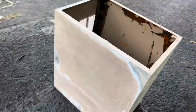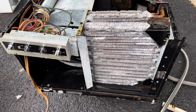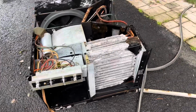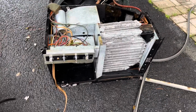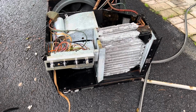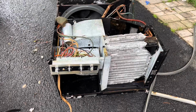I'll hose this off one more time and throw a coat of paint on. I'm going to start by saying I need you guys to share this video as many times as you can, in as many places as you can, because I can't stress enough how important it is to drill a drain hole. Now, the question was raised earlier again about why we do this, and I explained it in graphic detail,